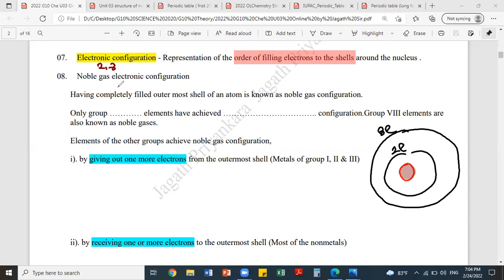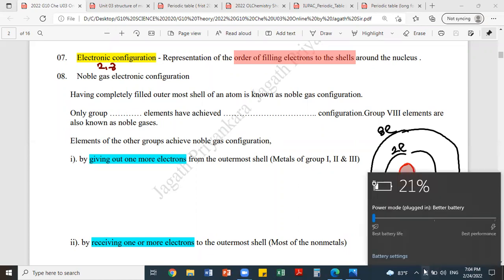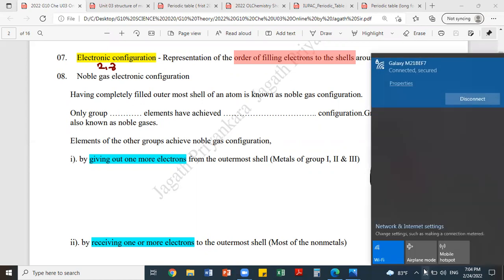Okay, now just now the power came. I think the battery is about to drain. Okay, now I think you won't get interrupted again. 7 o'clock. Okay, it's right now. I'll connect through the